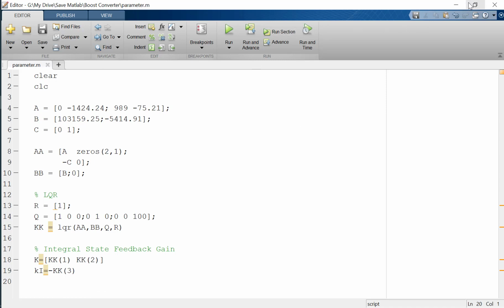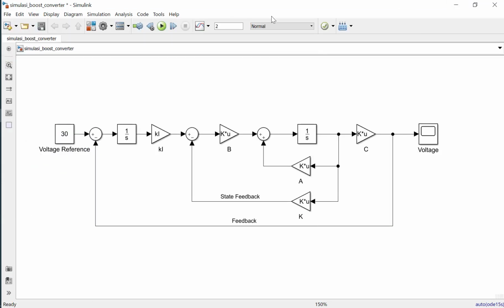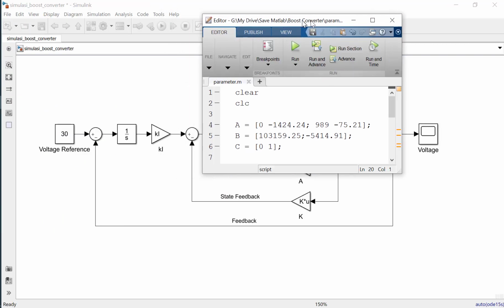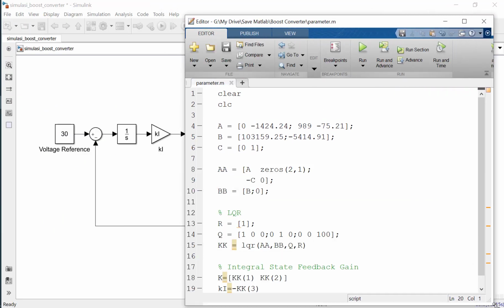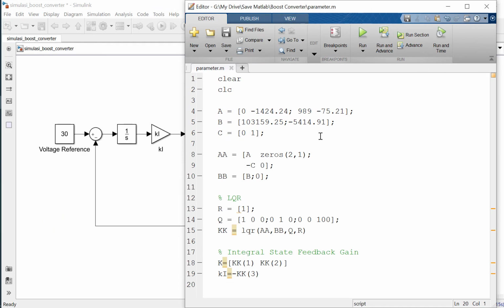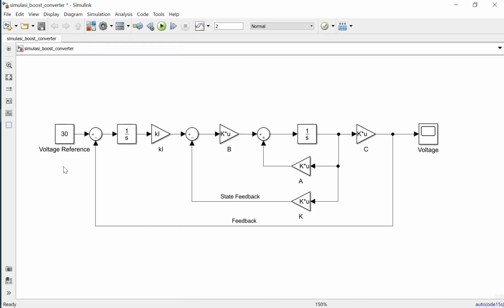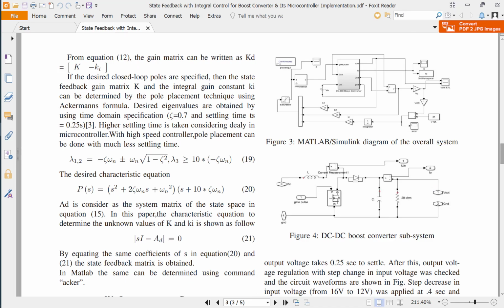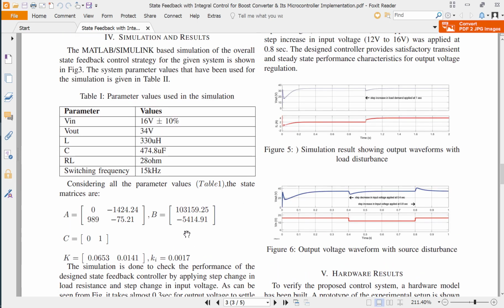So I use MATLAB 2018. You can write it in all MATLAB versions. Just write this code and then make this simulation. This is my reference for the system model here.